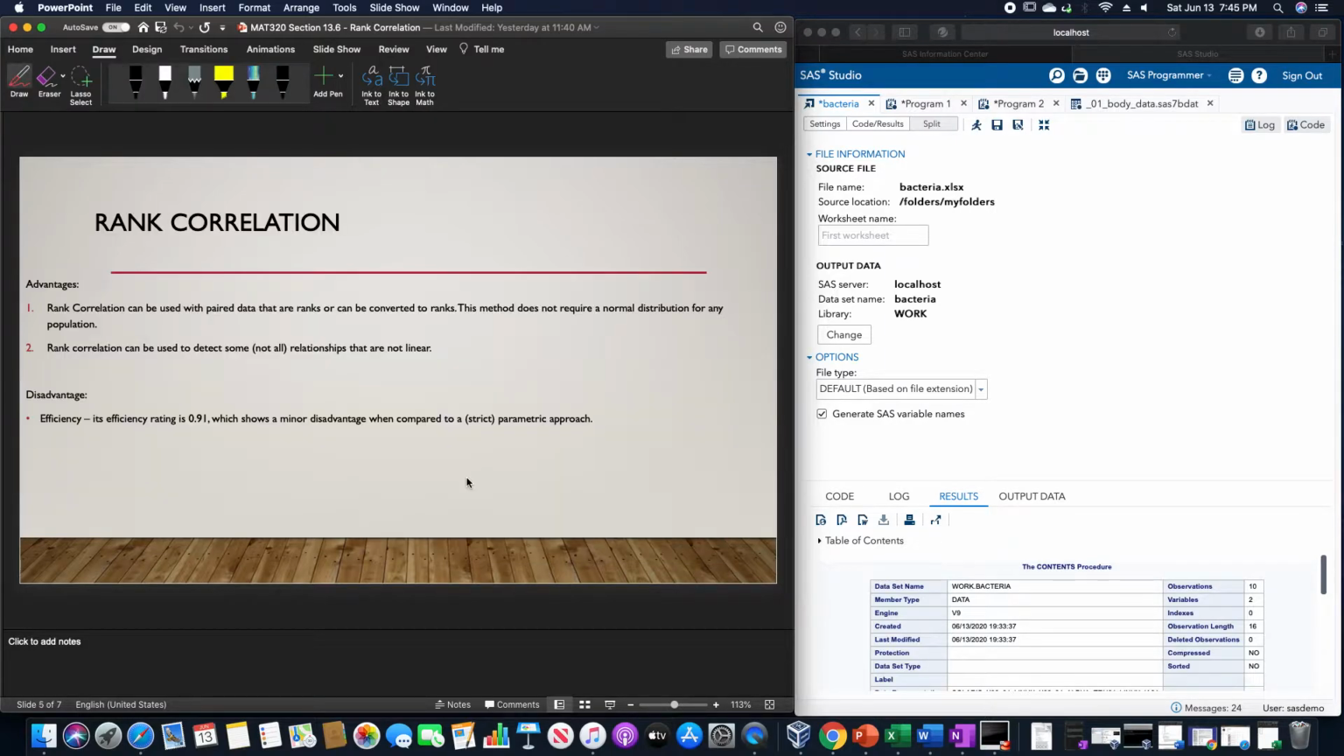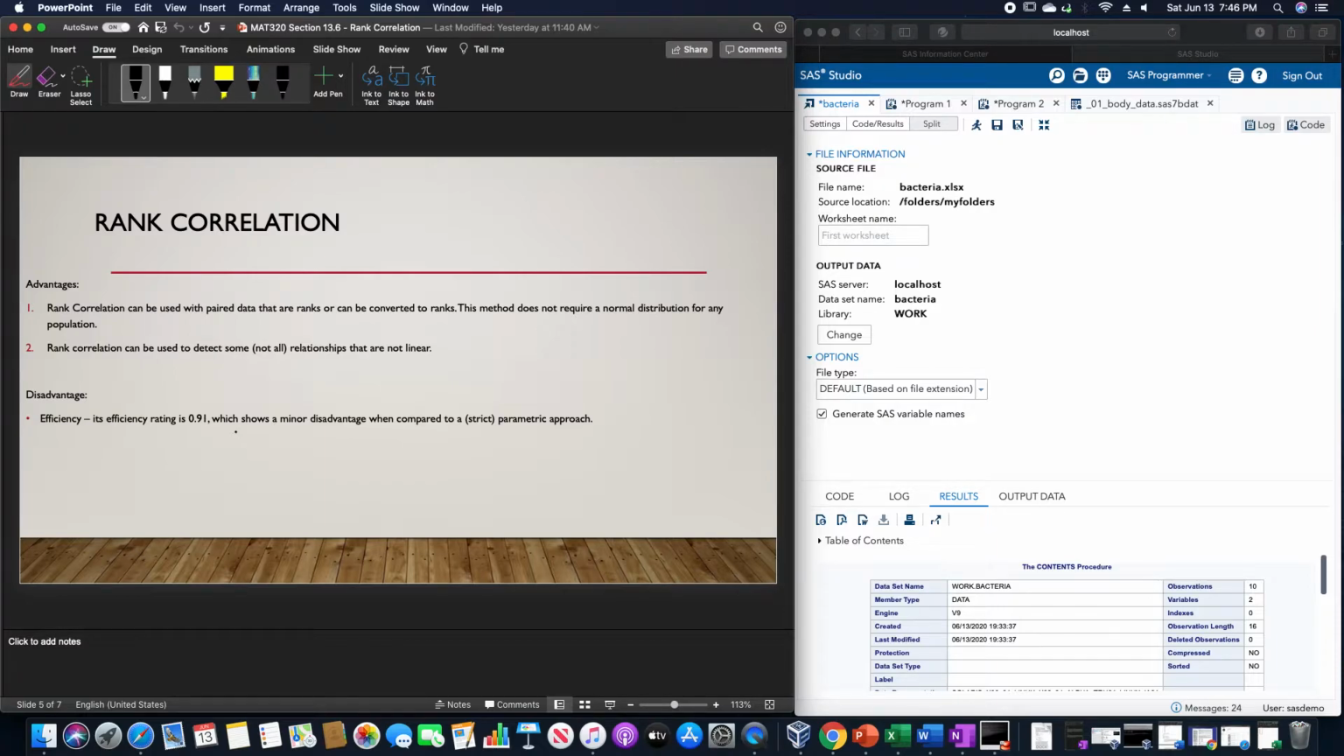The advantages to the rank correlation are that rank correlation can be used with pair data that are ranks or can be converted to ranks. This method does not require a normal distribution for any population. The rank correlation can be used to detect some, not all, relationships that are not linear. Its disadvantage, though, is its efficiency. Its efficiency rating is 0.91, which shows a minor disadvantage when compared to a strict parametric approach,